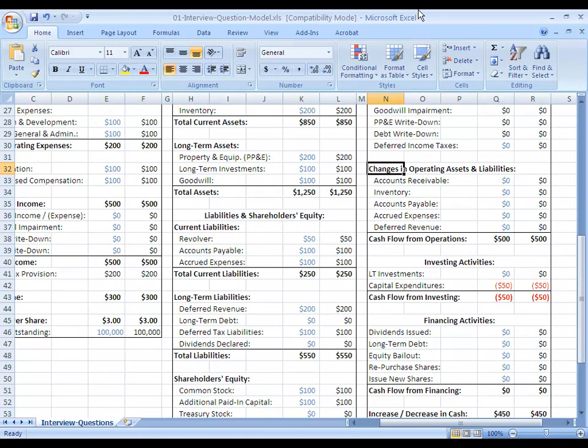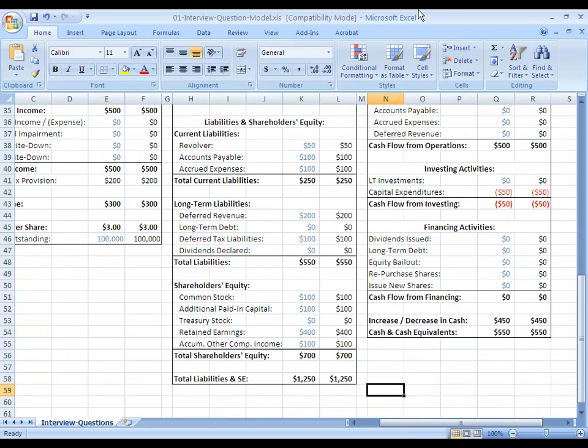Then any changes in the balance sheet are reflected on the cash flow statement in changes in operating assets and liabilities. So that's how the balance sheet ties together. Any investments that have increased the asset value on the balance sheet also show up under investing activities in the cash flow statement. And then any changes to the company's long-term liabilities or their financing, their shareholders' equity on the balance sheet show up under financing activities in the cash flow statement.